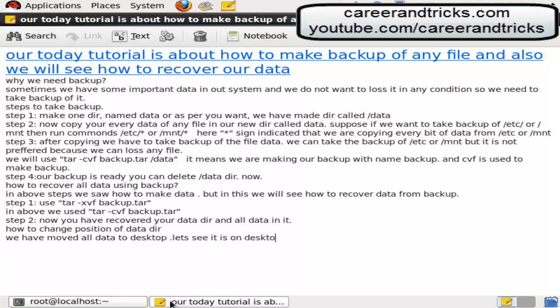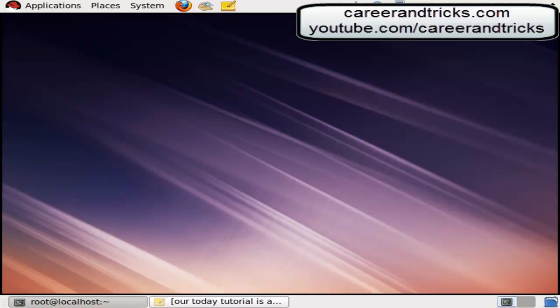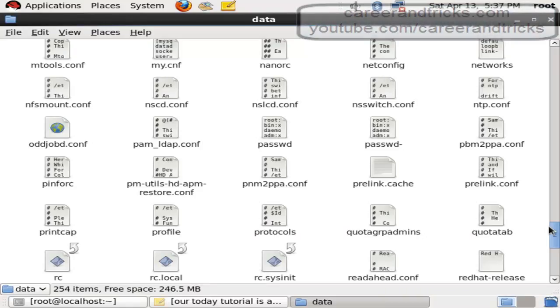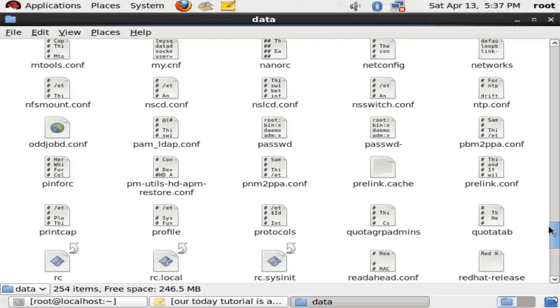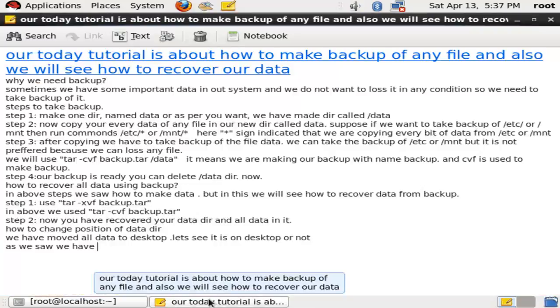Let's see whether it is on the desktop or not. As we saw, we have all the data on our system.